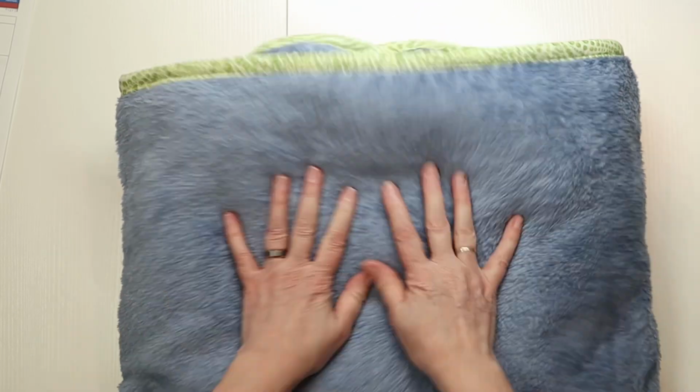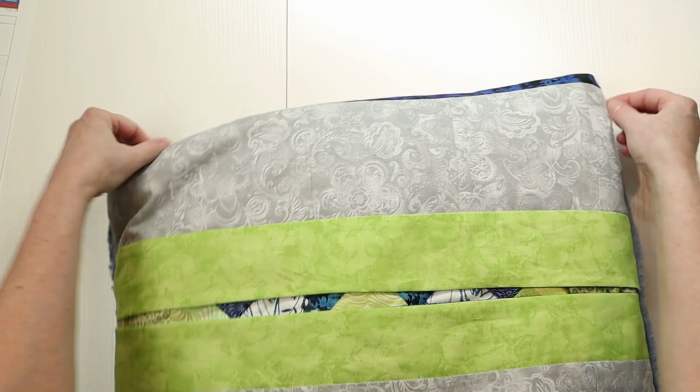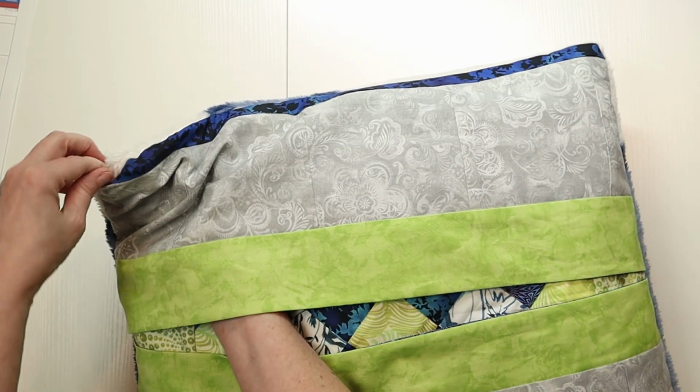Okay, so now you have basically, and it's generous and forgiving. It doesn't need to be 100% neat and perfect, but now you have a pillow. This is like stage 1 of the Quillow pillow pocket process. All right, so now you have a nice folded blanket on the inside, and you have this pillow here, and then you have your envelope here. All right, you can even give it a shake. All right, and now the next stage, or stage 2,